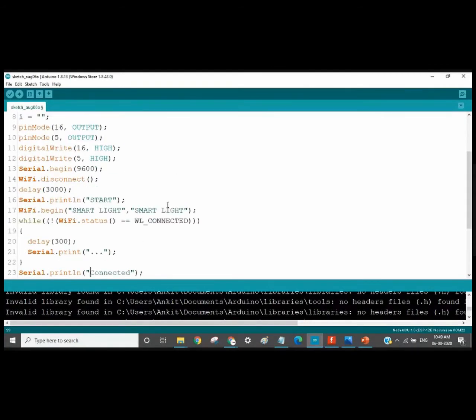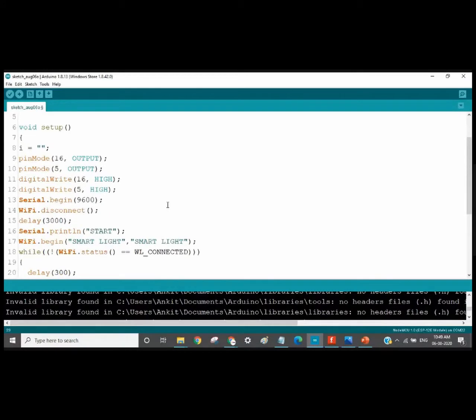Difference between pinMode and digitalWrite: pinMode is used to define the type of pin, input or output, or how it will function. While digitalWrite is actually changing the value of the digital pin, that means you are supplying a logic low or logic high to your pin in order to perform some action. Those are the commands that you are giving: digitalWrite, digitalRead, analogWrite and analogRead. More questions, please, guys.